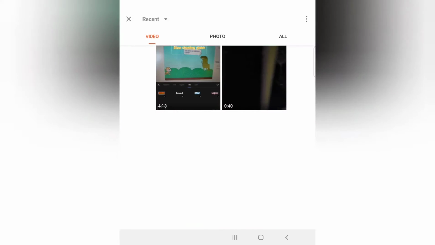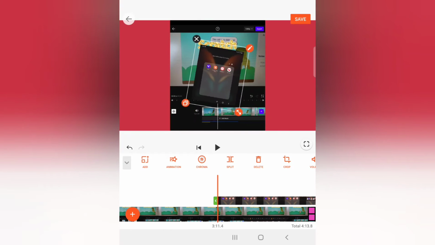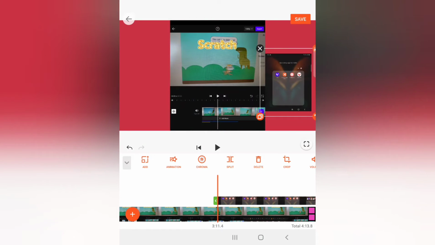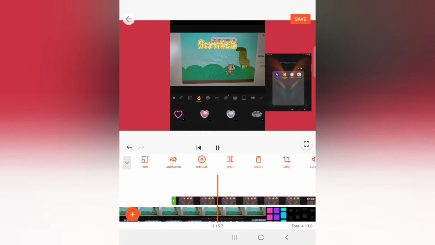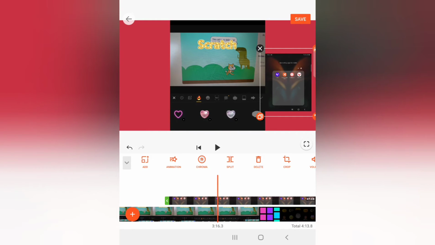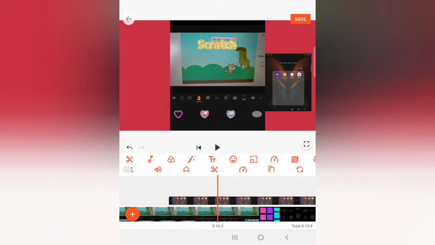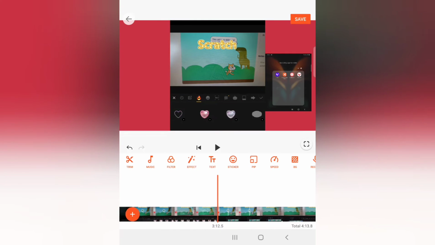So now you can click on PIP to add some more video or photo on your video again. As you can see, I have added a photo on my video. I skipped it, and it even has a chroma effect, which is really good. You can just adjust the strength, shadows, etc. So I just love this effect of YouCut, which is giving us the option to enable chroma effect, and many more effects are there. We just have to discuss them.